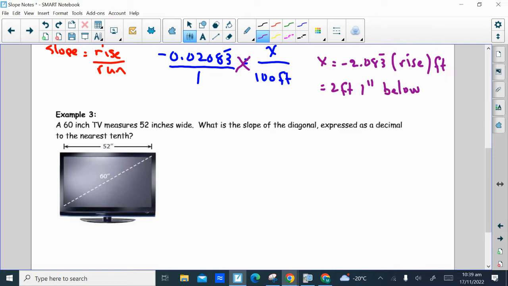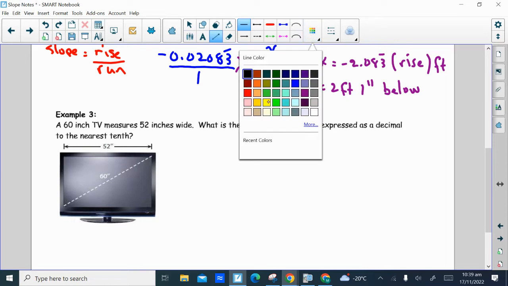But anyways, it says you got your 60-inch TV. What is the slope of the diagonal? So we need to know the rise and the run. The run is 52. We're not given the rise, but we can calculate the rise. And here's how. If we draw a triangle here